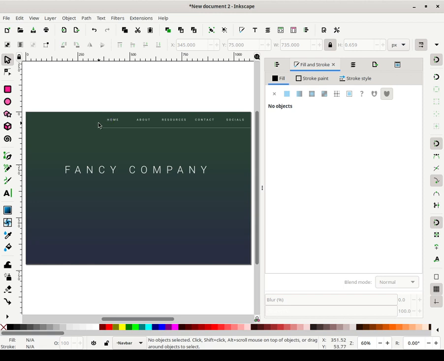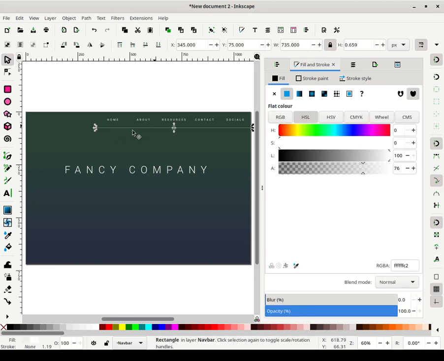Because this already has a transparent object that's still there, Inkscape will still recognize the transparent object, and that allows me to align the corner of this line I just added to the corner of the transparent object that tells us how wide our nav bar is supposed to be. So I don't need to actually manually set the width of this to 735. I just needed to find the corner there, and with snapping enabled, it snaps to the corner automatically.